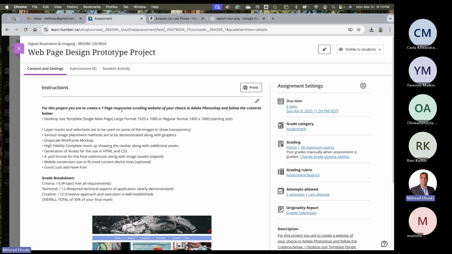You're going to create a one-page responsive scrolling website of your choice in Photoshop and follow the criteria points. So you're going to create a desktop size template, single main page. The format's going to be 1920 by 1080. You can also do 1800 by 1800, what I did today. And you can start with 1400. Okay, but you can also do what I did today, 1800 by 1800, whatever you prefer,